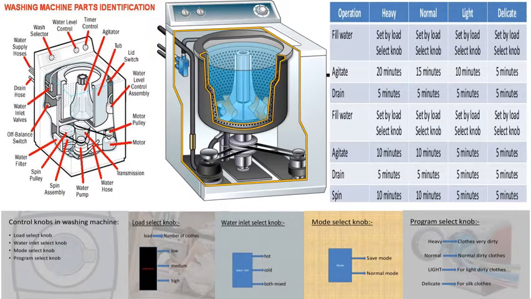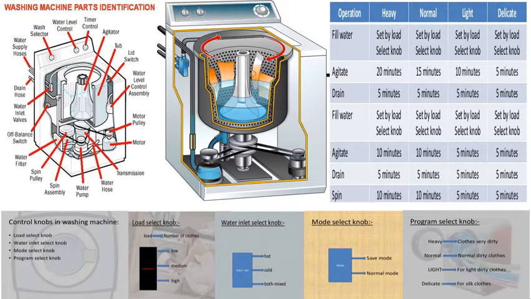The figure shows an automatic washing machine with top loading capability. In the top of the machine, there are knobs for controlling input settings. The functions of the knobs are as follows. Load select knob. The load of a washing machine is the number of clothes to be washed. There are three settings such as low, medium and high. According to load, the controller decides the amount of water to be filled by the electric pump.